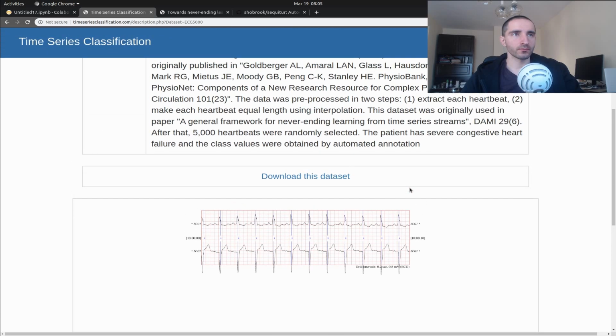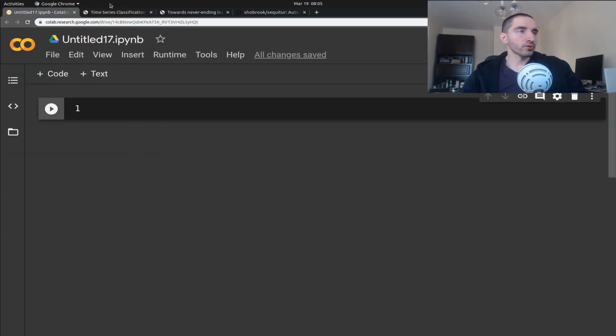ECGs are relatively common diagnostic tools, and we are going to have a look at how you can detect anomalies, irregularities or diseases in your heart based on ECG data, and of course using deep learning autoencoders and LSTM neural networks. Okay, so the first thing that I'm going to do is open a brand new Google Colab